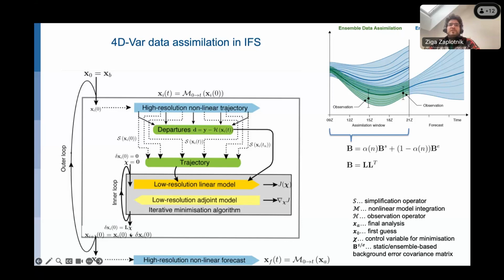This assimilation increment is then added to the latest guess, which gets updated and fed back into the nonlinear trajectory, and then this procedure repeats. Currently we have 4 outer loop iterations